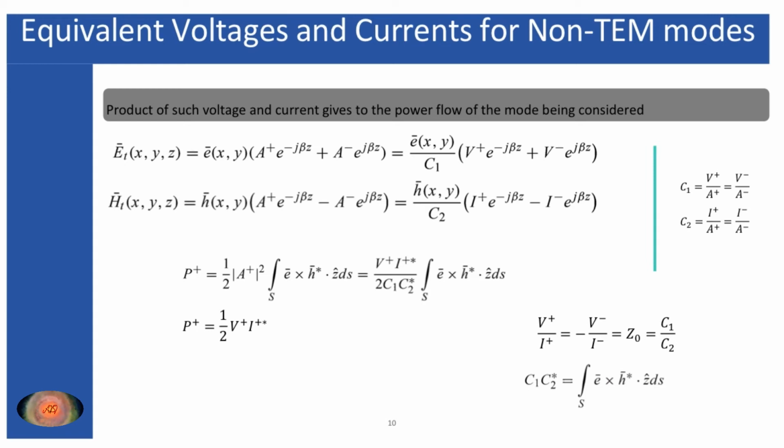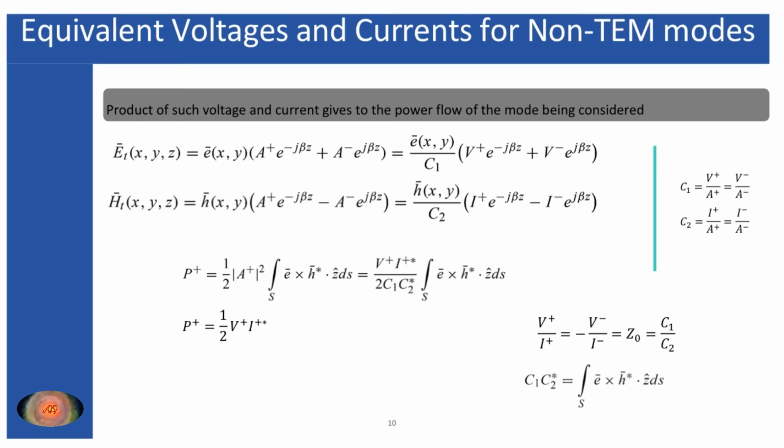From the Poynting theorem, we know that we can easily find the forward propagating power, which is represented here as P plus. It includes this expression, where the cross product between the transverse electric field and the conjugate of the transverse magnetic field, when dotted with the direction of propagation, represents the flow of power along the positive direction. That can be obtained from this expression, and that is why mod A plus squared appeared over here.